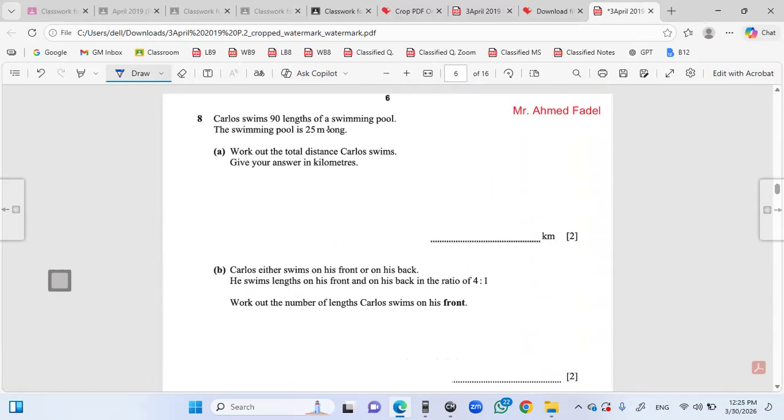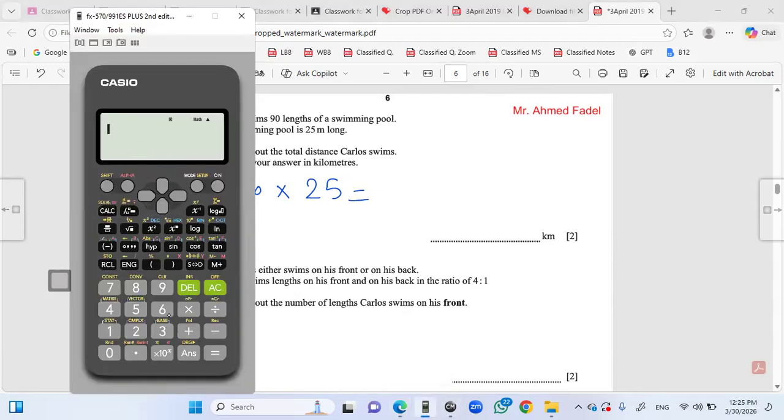Carlos swims 90 lengths of a swimming pool. The swimming pool is 25 meters long. Work out the total distance Carlos swims, give your answer in kilometers. So here they said to you 90 lengths multiplied by 25 meters. This is going to give you exactly, using your calculator,